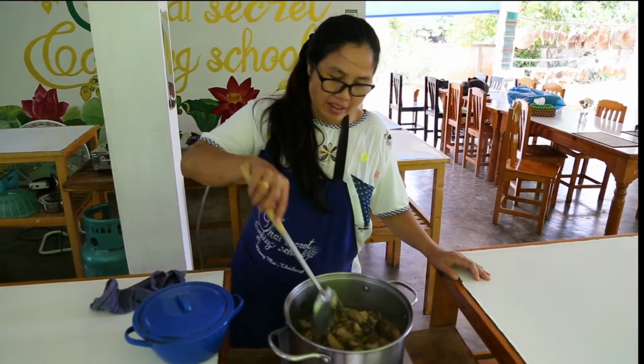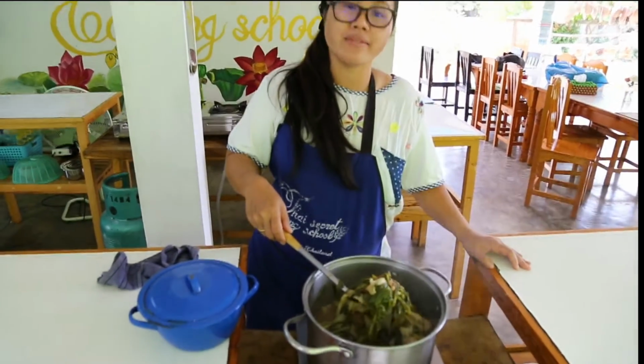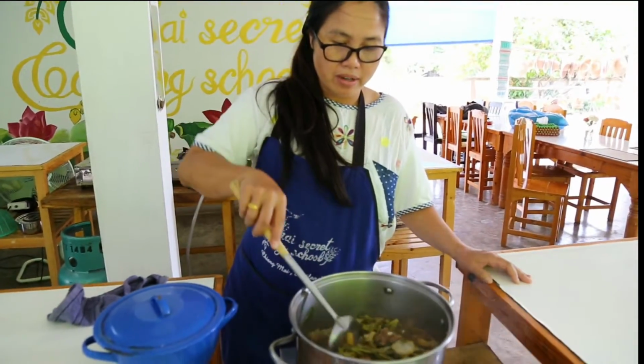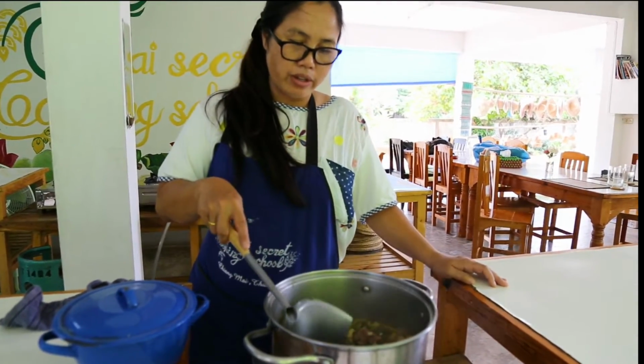Thai, we call it tom chap chai. I'm making tom chap chai for me and for my family and my housekeeper. Very simple. Kind of, I stir fry the